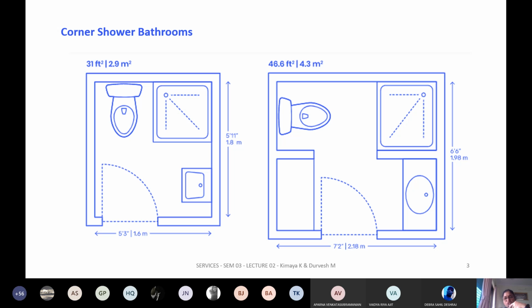But you actually have a dryer ledge to enter, where if you close the door, that becomes a very dry space where you can change your clothes and things like that. It's not going to be a wet floor. Then you enter a space which is a little wetter, and then is your shower area. Generally the shower cubicles will have glass partitions or a glass door to enter, or a shower curtain.